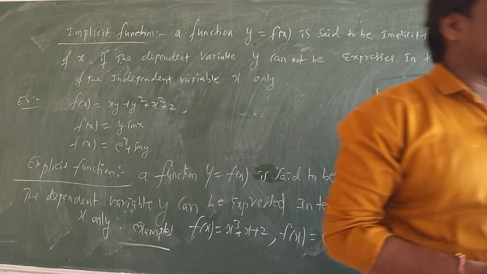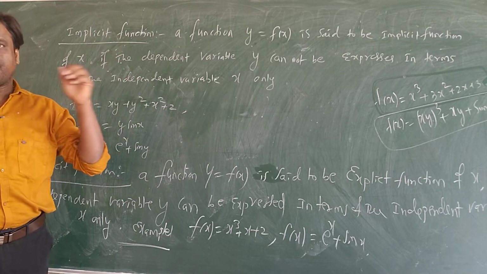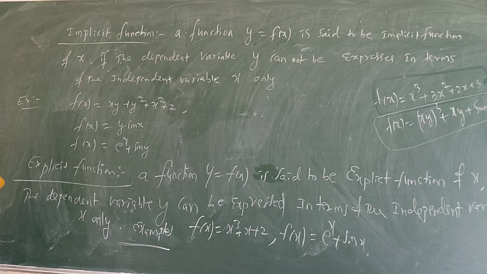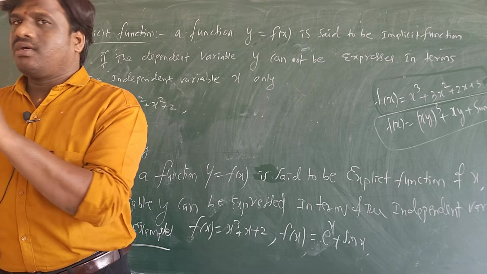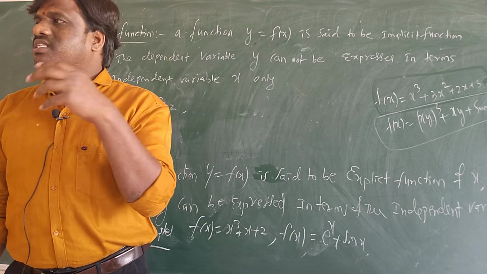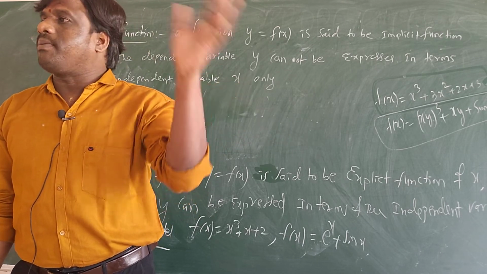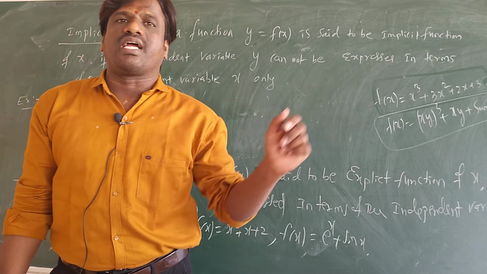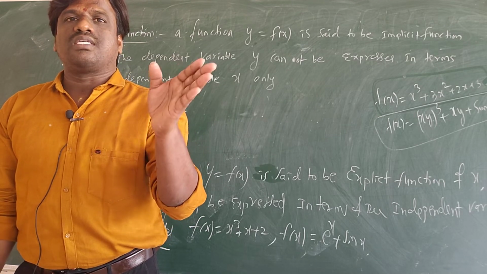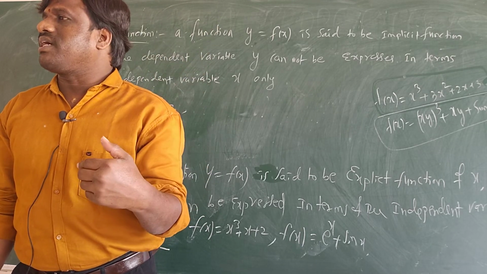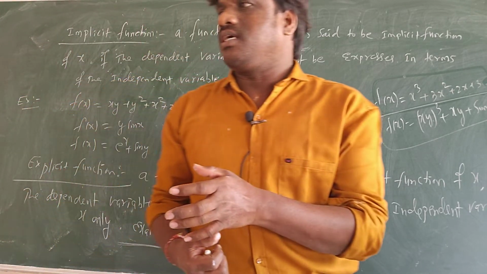This is the only funda you need to remember. Not much about this. No need to mug up these definitions. x is called independent, y is called dependent. Why is y called dependent? Because x is the input, y is the output. Y depends on x. If y is equal to x, y is dependent on x. Y is equal to x square plus 2, y is depending on x. So always remember that x is independent and y is dependent.